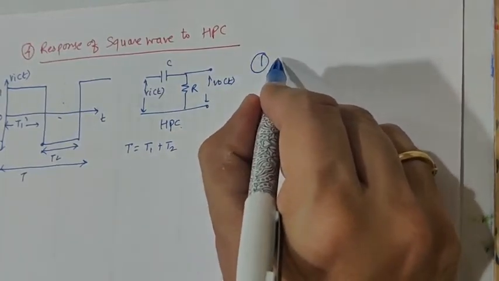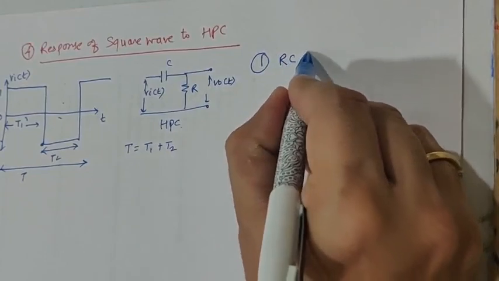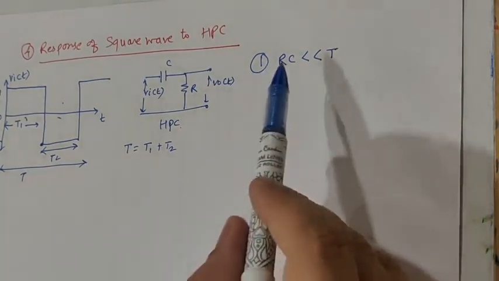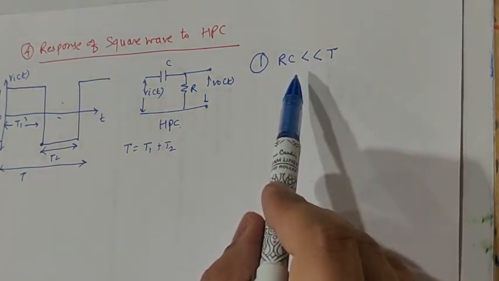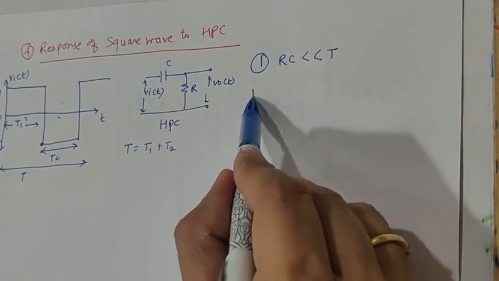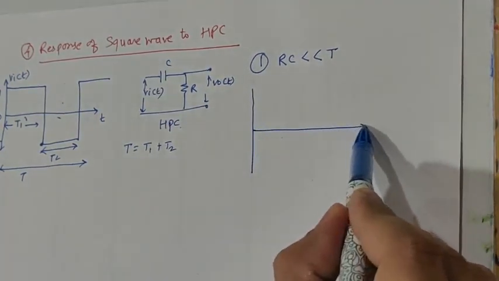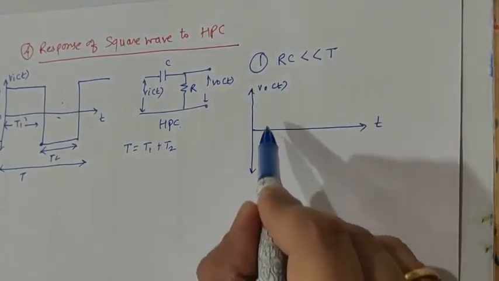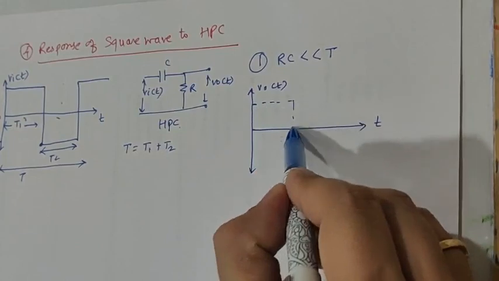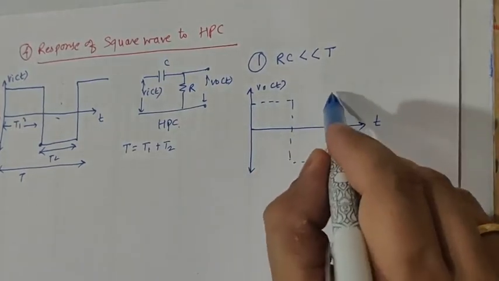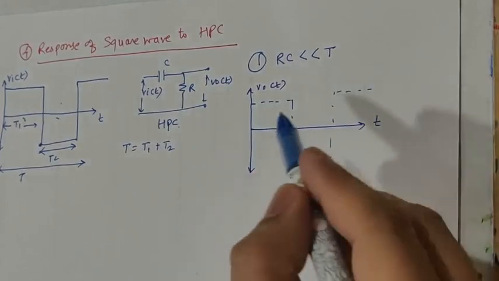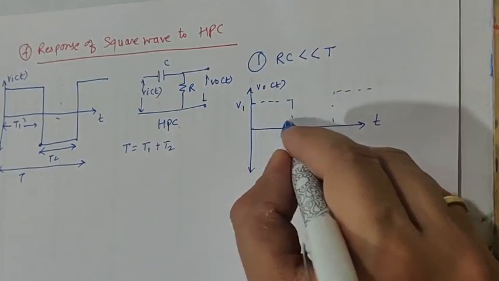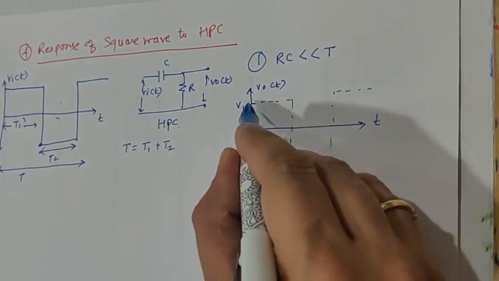Let us say the value of the RC time constant is quite less than capital T, the total time period. So in this case the output is going to be similar to a pulse, wherein the output is going to fall quite early. Let us say this is V0 of t, it is time t, and in dotted lines I will be drawing the square wave that we have shown. Now what will happen? See, if this is V1, the exponential decay will occur because it is similar to the step input.